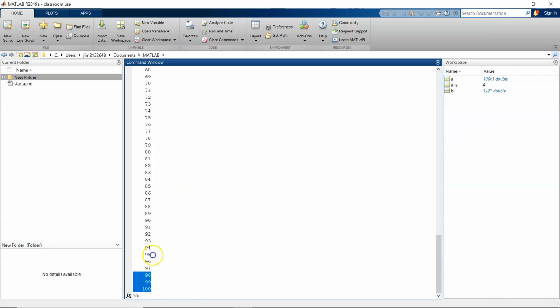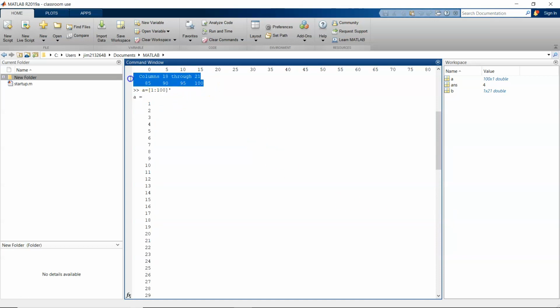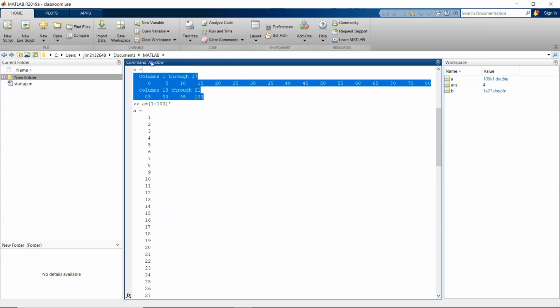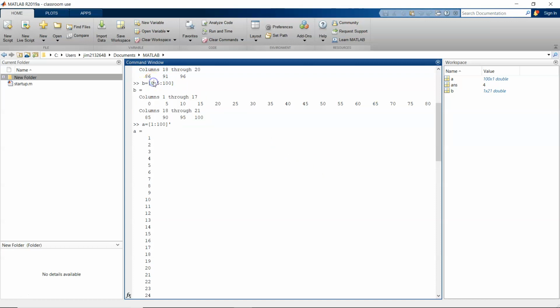This stuff, all this stuff right here. Instead of a row list that we had previously, the apostrophe makes it a column list. There we go. With the apostrophe. Without the apostrophe, you get a row list. First number, start. Second number, how big the step is. Third number, what's the ending? Okay,